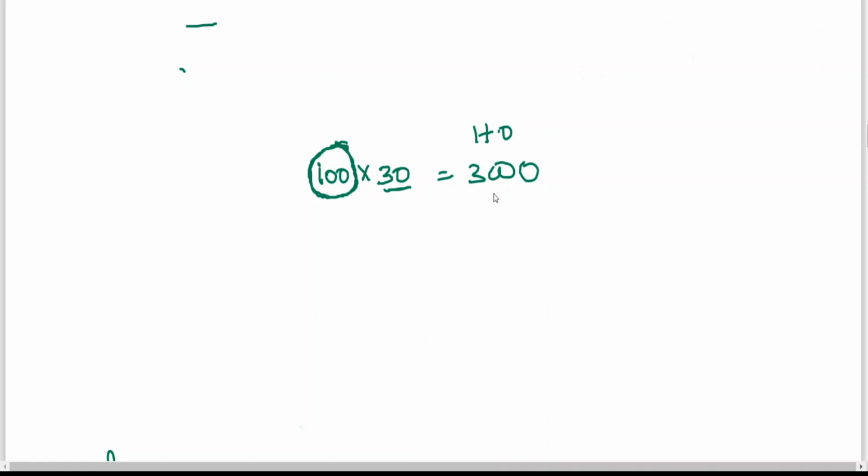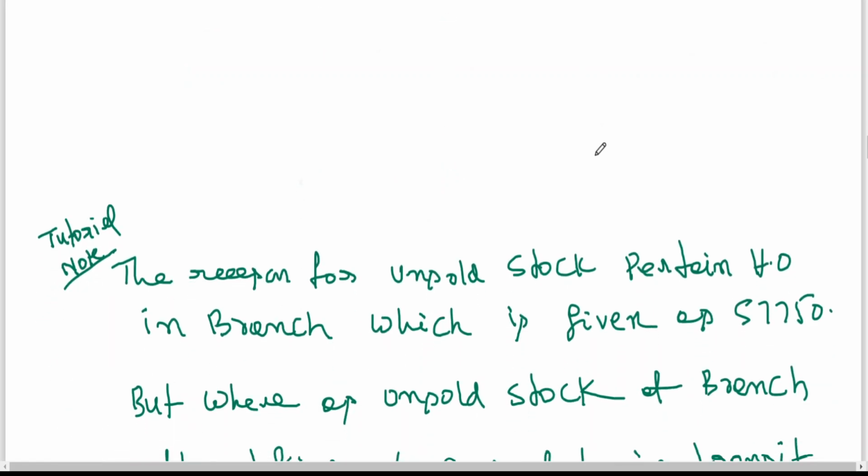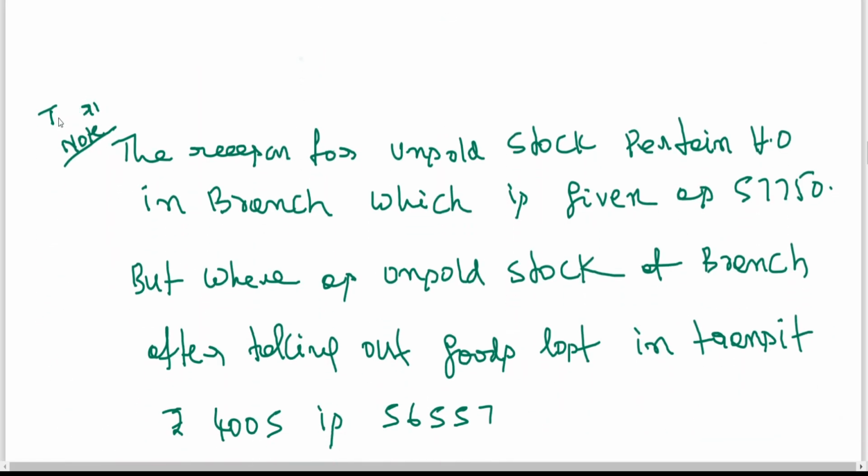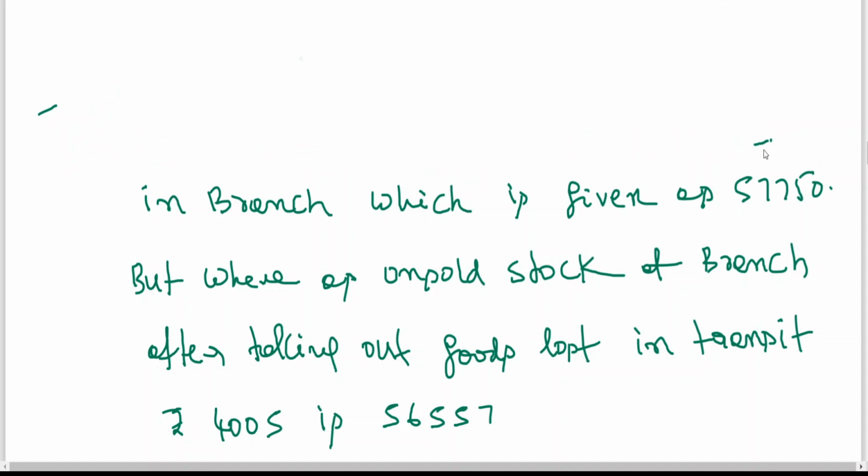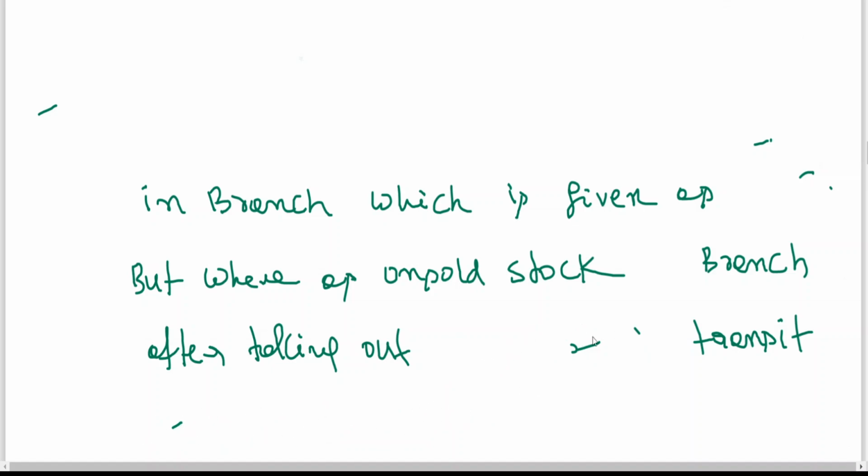Therefore, when you are removing the unrealized profit, on goods lost in transit also we need to calculate. Okay, is this clear? Head office can't predict that it is goods lost in transit, that is the reason why we are getting the difference. Even though it has not been mentioned in the problem, that is the reason why we are getting 56,557, whereas it has been given as 57,750. Now you can assume that 57,750 includes goods lost in transit also.